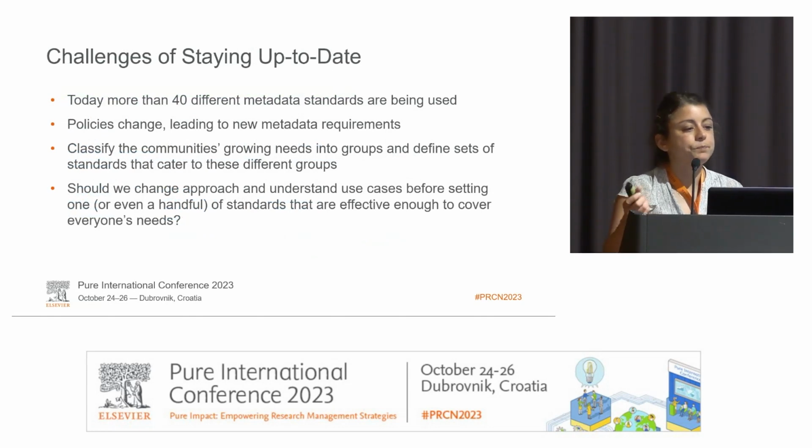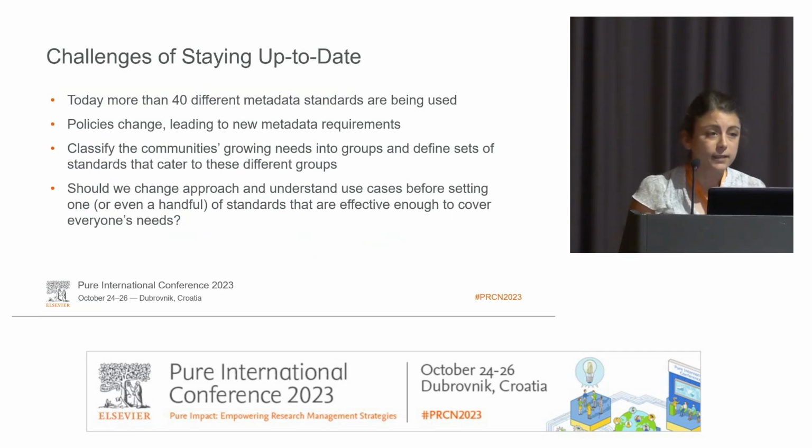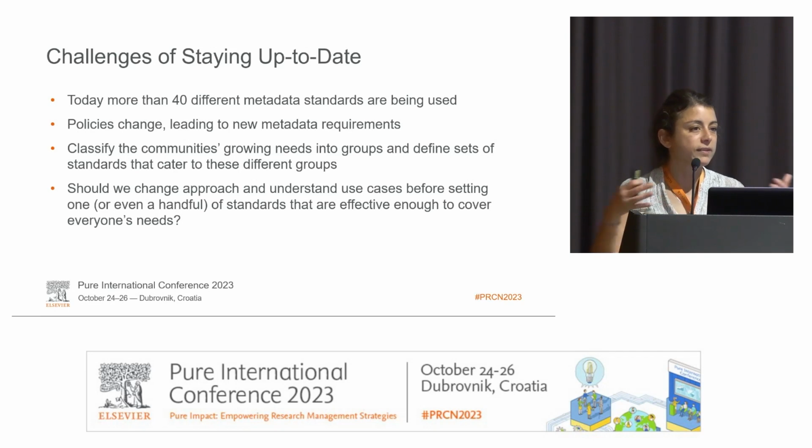What are the challenges? So today, in the world, there exist more than 40 different metadata standards. The policies are changing. So we have these standards, but the policies continue to change. And this every time leads to new requirements, new metadata, new things that we have to include. So how do we stay up to date with this? How do we classify what the community's needs are? So going back to the different use cases, how can we identify which are these use cases? How can we find, okay, now there is something new that is needed by institutions, and how can we